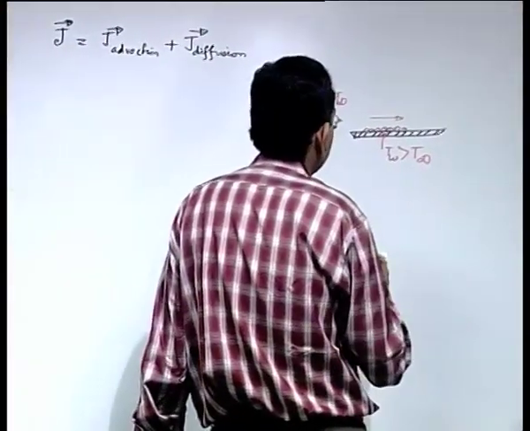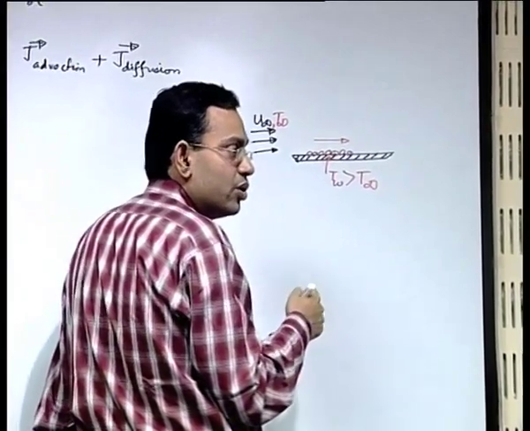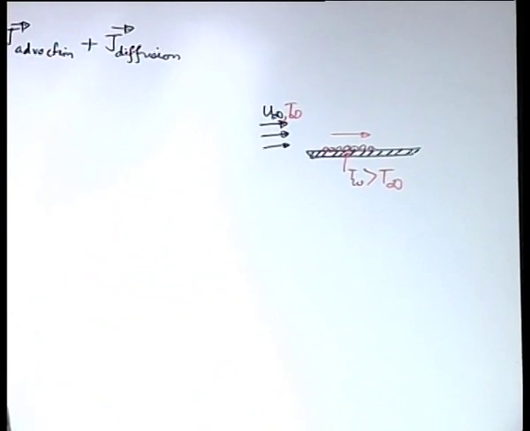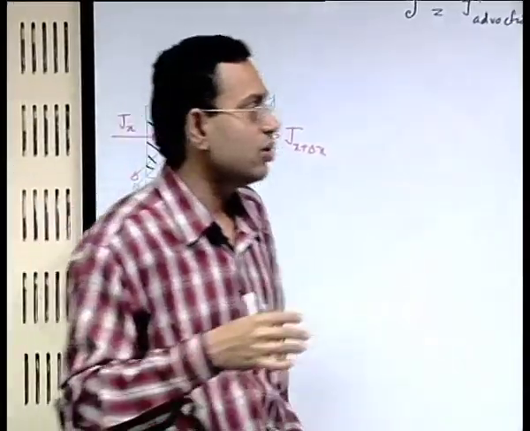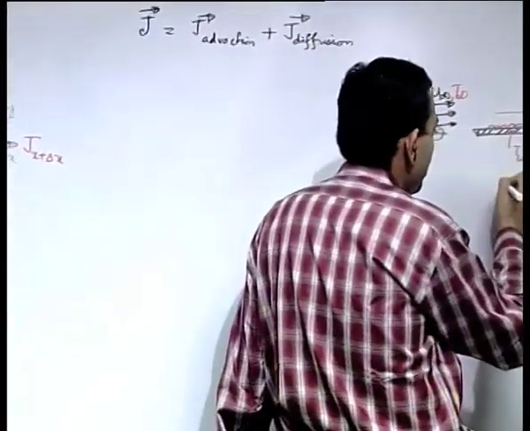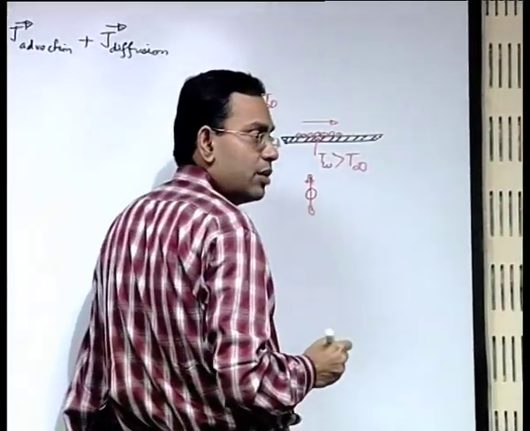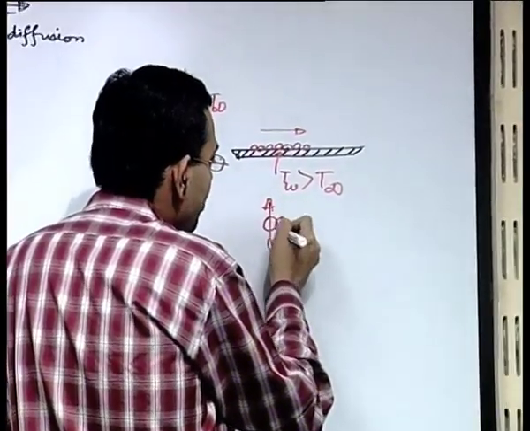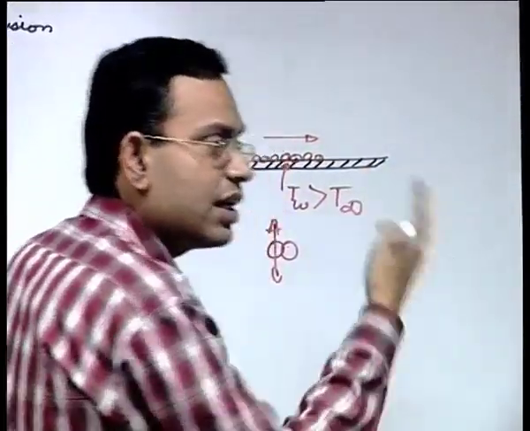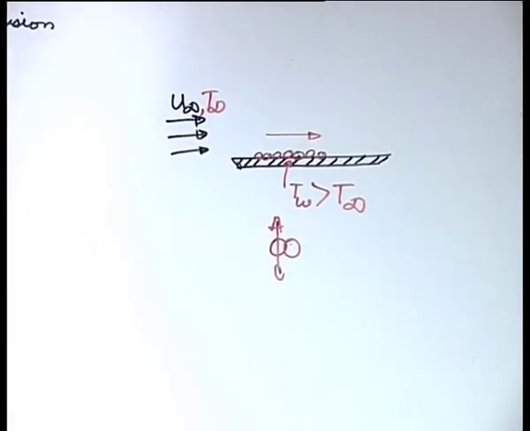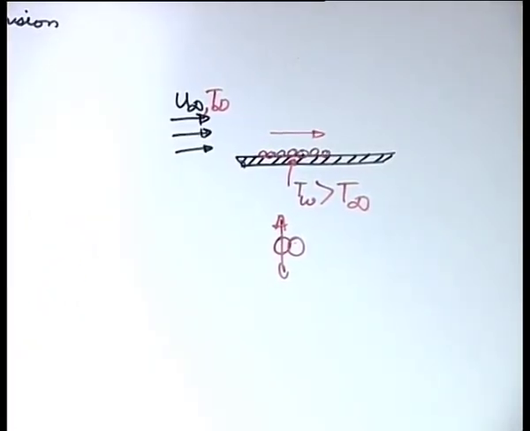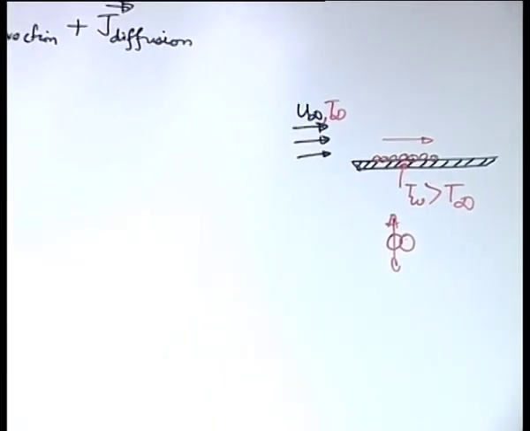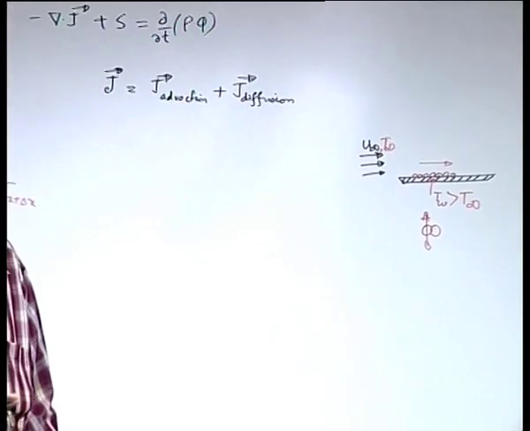On top of that, you also have a transport that does not depend on the bulk motion. For example, heat conduction does not depend on the bulk motion of molecules. One of the mechanisms can be that the molecules are in random thermal motion, vibrating with respect to their mean position, and by that they are possibly interacting with the surrounding molecules and exchanging their energy, and that is how heat is being transferred, although there is no bodily movement of the molecules from their respective mean positions, only instantaneous vibration.